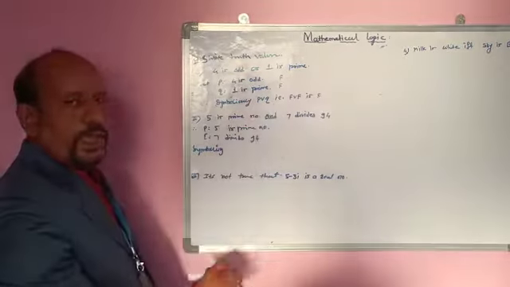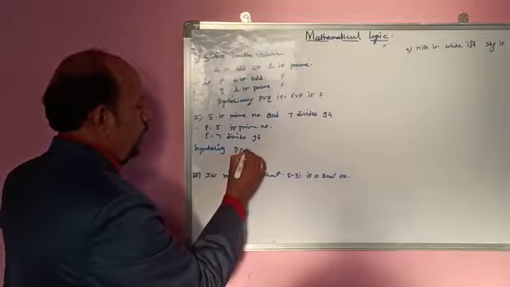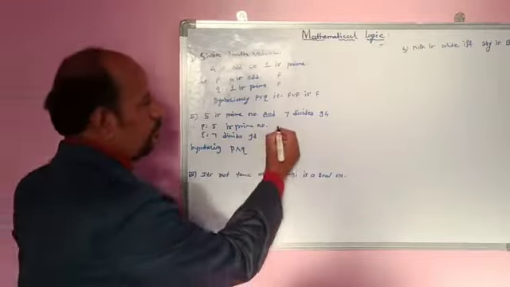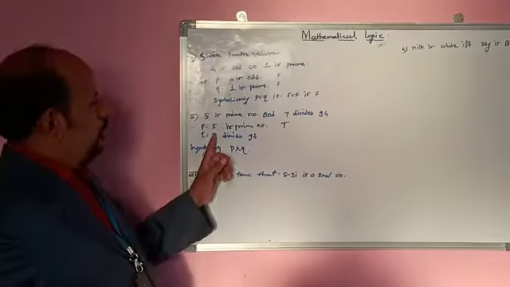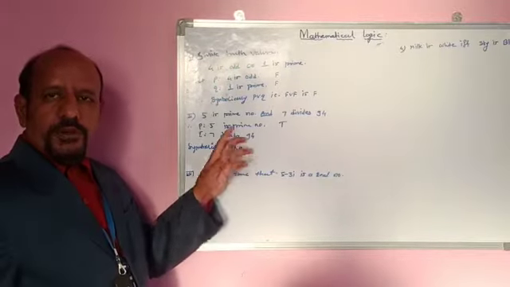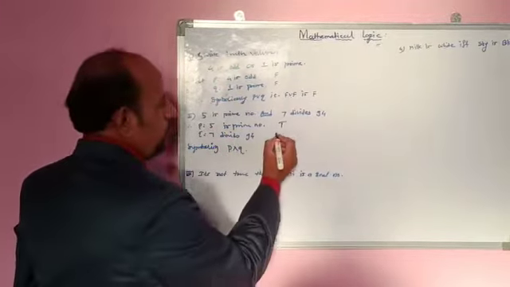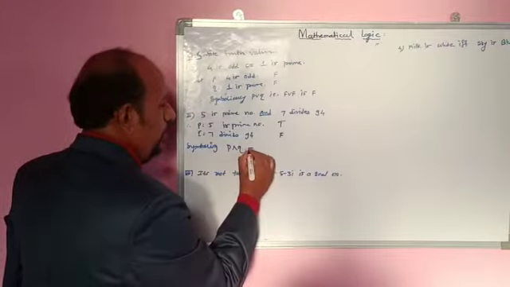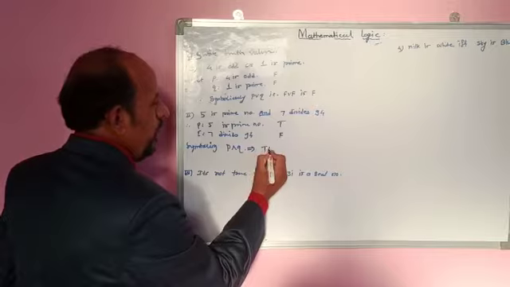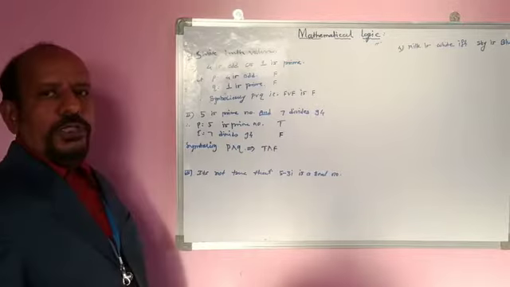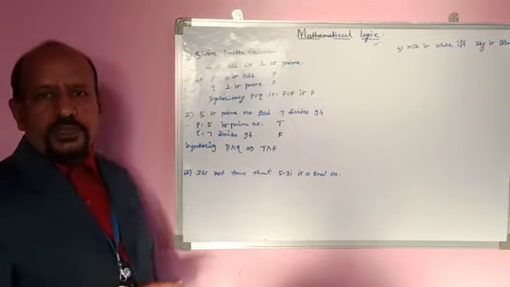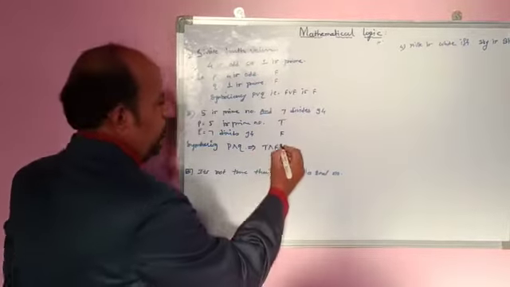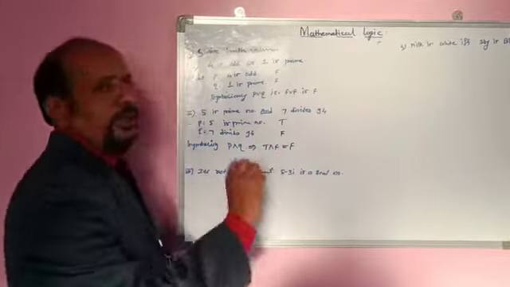Now, symbolically here we use and, therefore P and Q. But we know that 5 is a prime number. Its truth value is capital T. 7 does not divide 94. Therefore, its truth value is F. Therefore, P and Q represent T and F. But we know the truth table of conjunction, and here T and F. Therefore, the truth value is F.